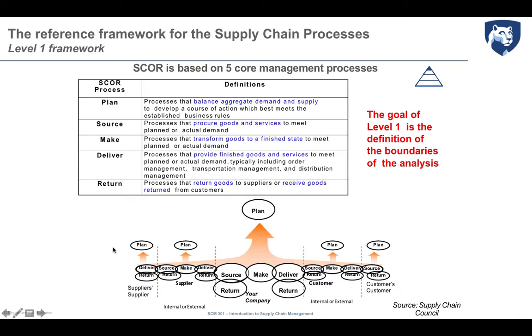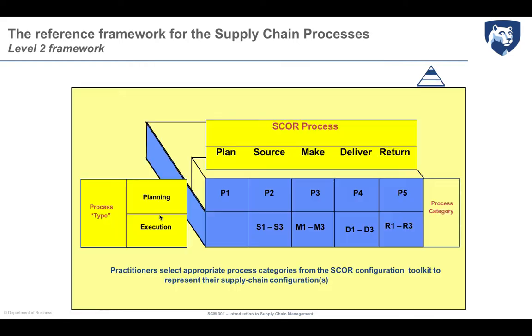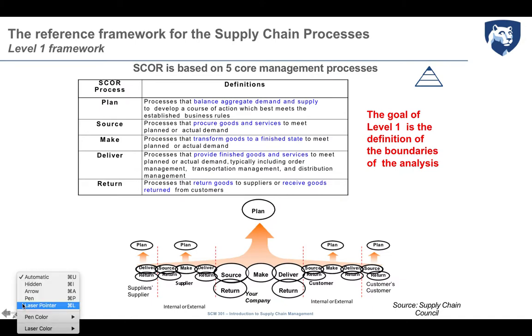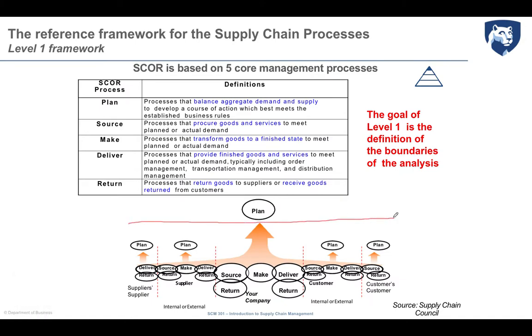But basically, we have analyzed that supply chain management processes can be distinguished in 5 different categories: plan, source, make, deliver, and return. And again, I'm not deep diving into all the characteristics of each of them, but here you can see the definition. We have discussed that the plan process is the planning that refers to the whole planning of the supply chain, while each specific supply chain process like source, make, and deliver can have its specific planning